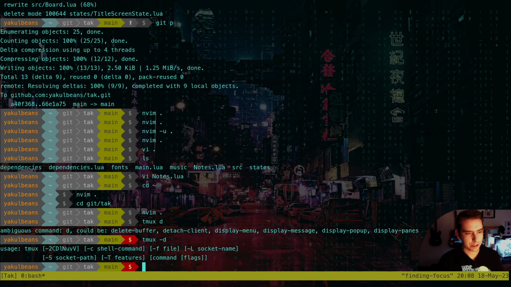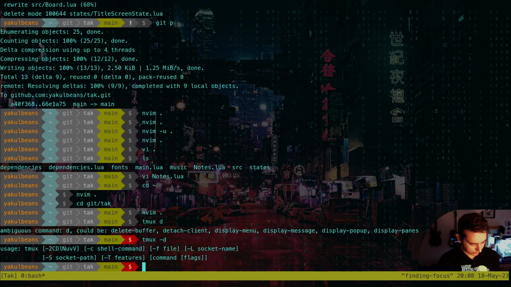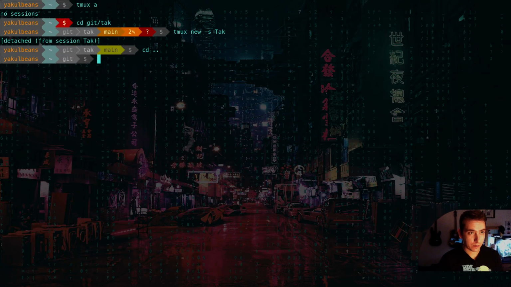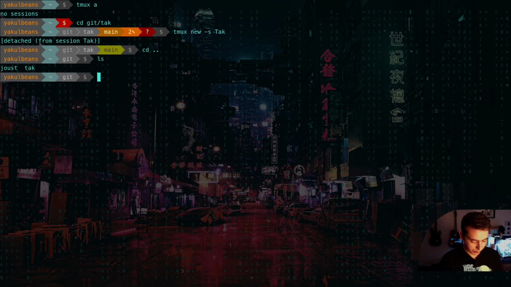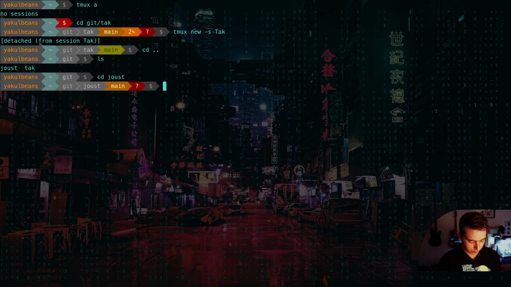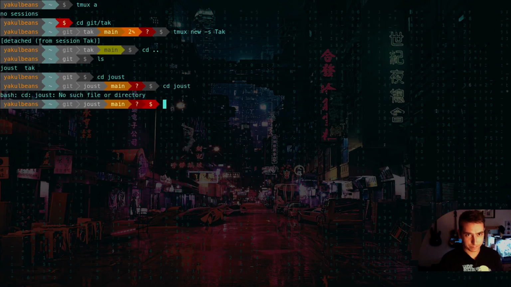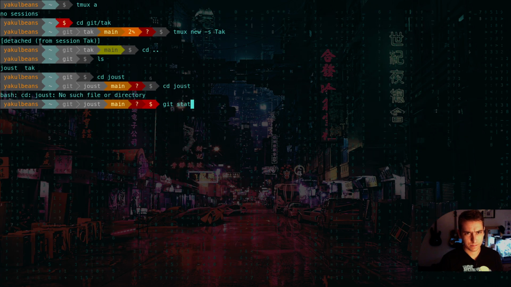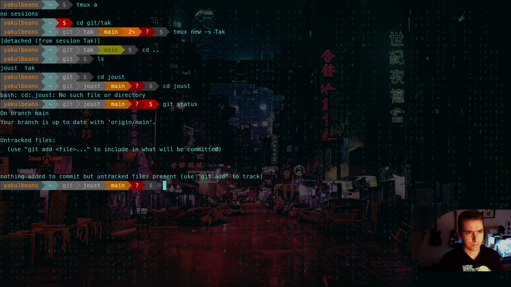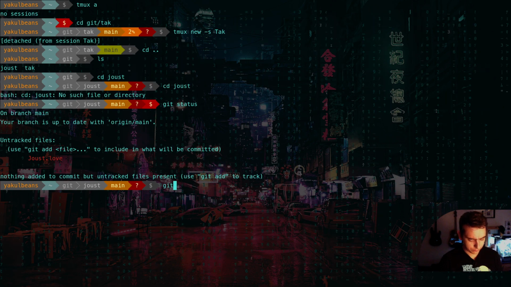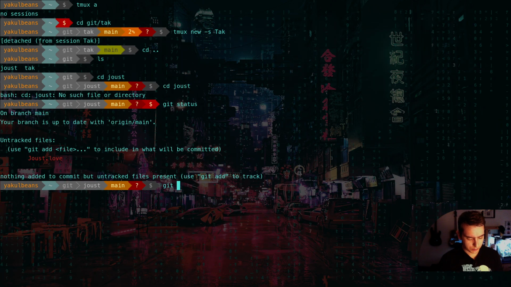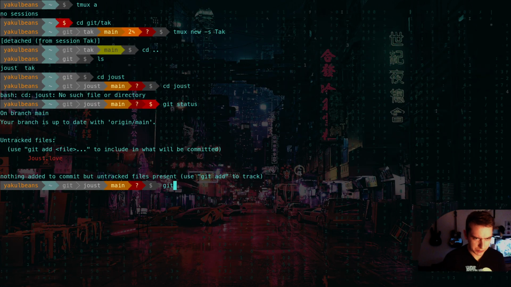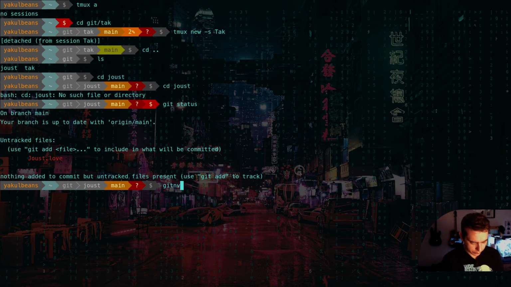How do you detach from your Tmux head? There we go. So we do have a Joust. What is the git command to see all the commits and see which one we're at? You know what? I'm actually just gonna